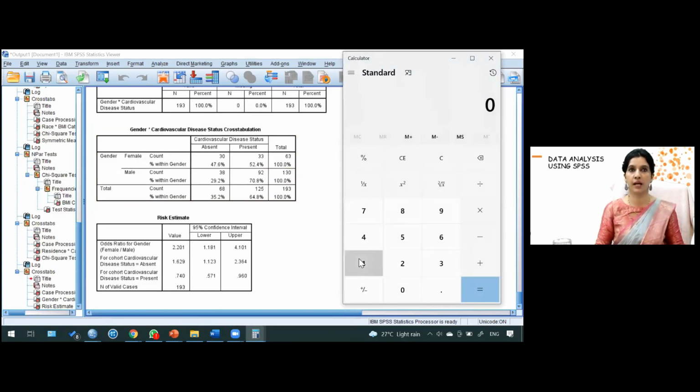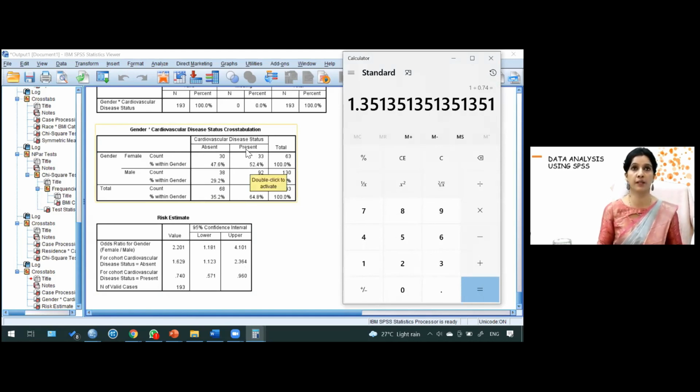So what I'll do, I'll divide 1 by 0.74. So the relative risk is 1.35. And similarly, you can divide the lower and higher values of the confidence interval also. So this is the relative risk. And similarly, if you calculate relative risk based on the formula, like we know, odds ratio will be calculated. You can present it by this 2 by 2 table also. But we are not going into the detail of those formula calculations.